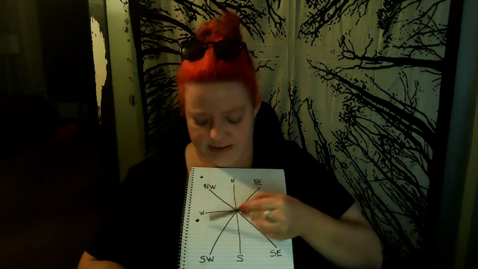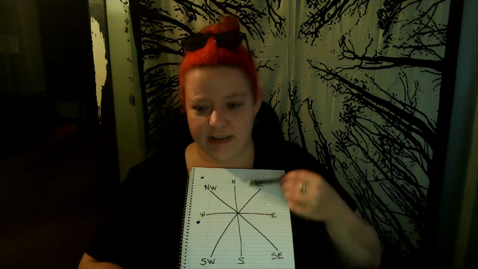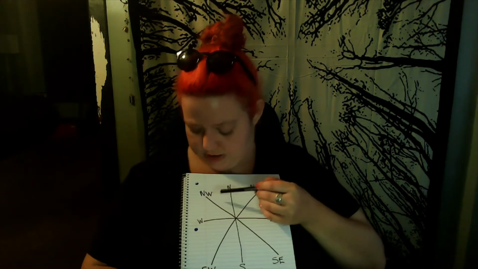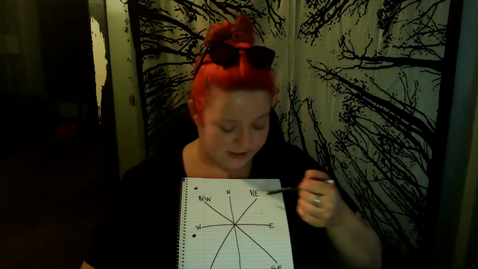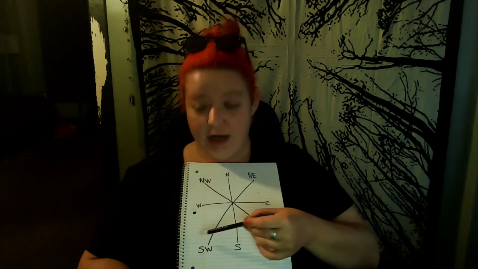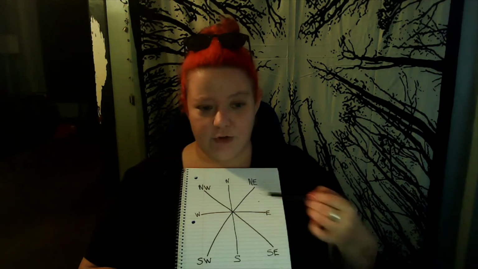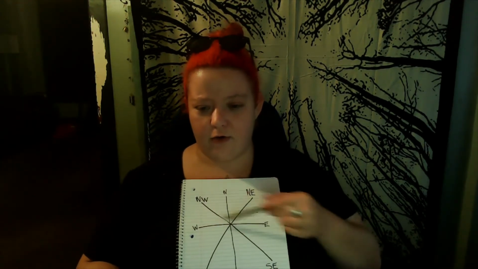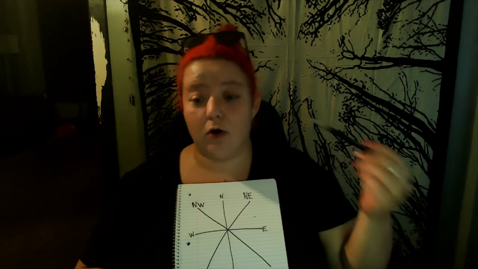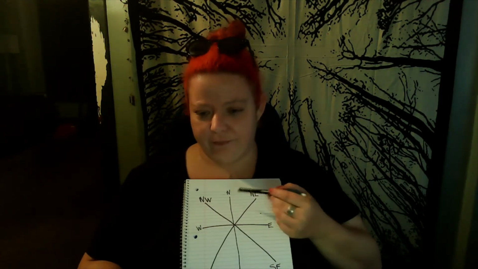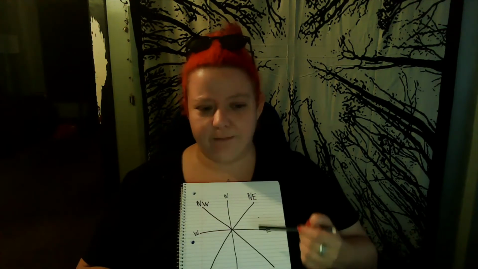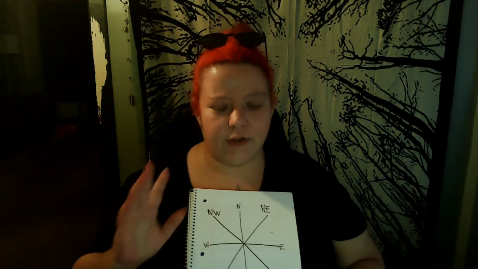North, south, east, west, right? These are the ones that you're familiar with. Now we've got northwest, northeast, southeast, and southwest. These are the in-between, okay? Stick with me. Now when it comes to the in-betweens, you're probably asking, okay, what does that have to do with anything? See, like I was telling you before, how our normal cardinal directions have a guardian or guardians associated with them, we have the same thing for the in-between. So that's why I brought it up.